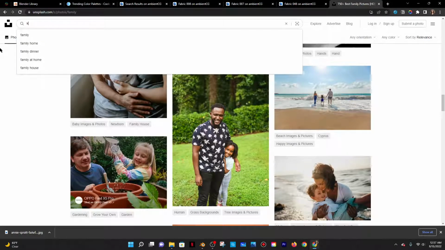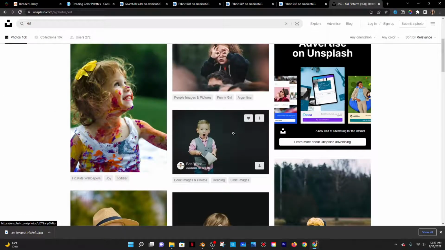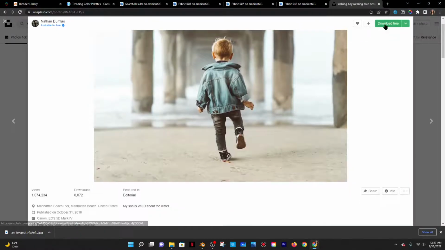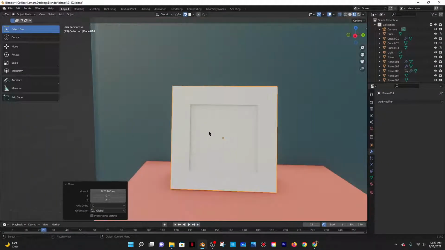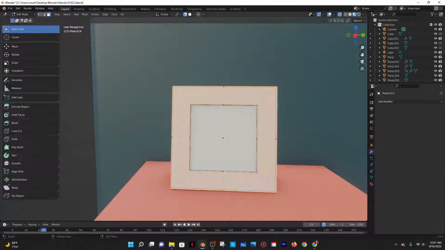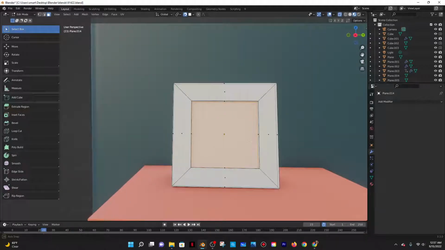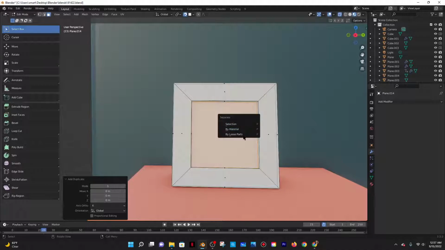Or like a kid, because this is a kid's room. There we go. So I could download this, and then what I'll do is I'll go into edit mode, select this face. Am I even selecting the face? Okay. And then doing Shift D, and then escape, and then P, and then make,